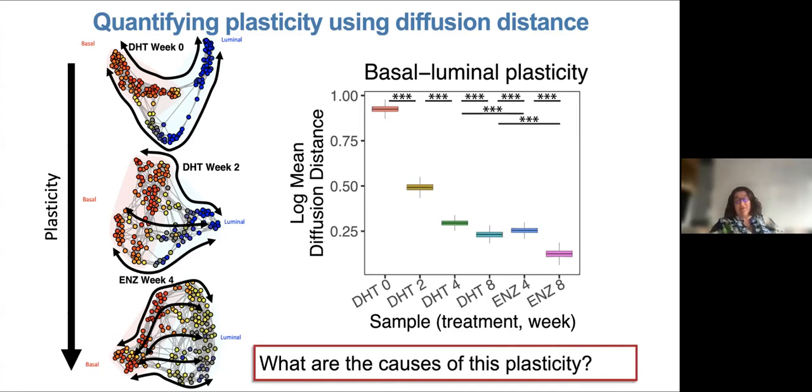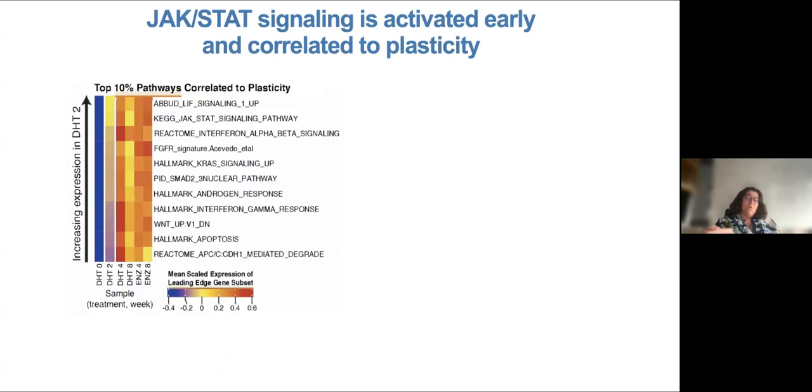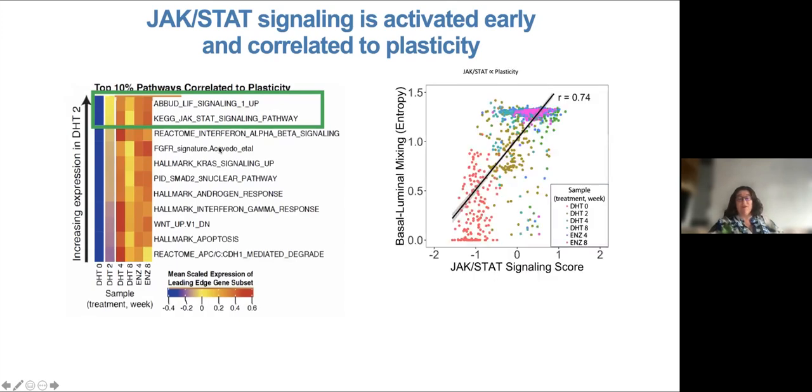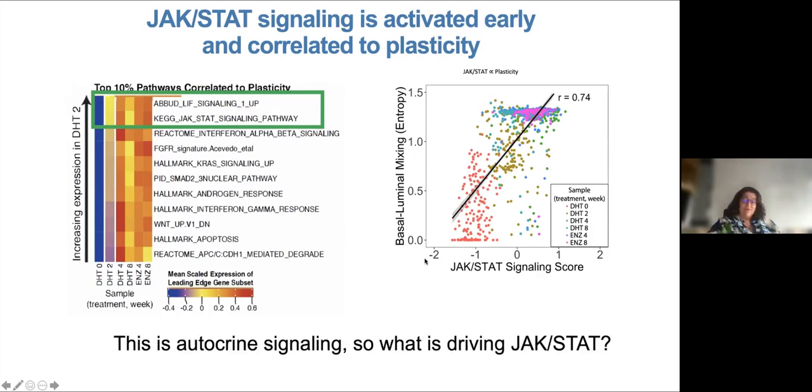Here it is really wonderful to have a full transcriptome so we could see what pathways correlate with cells that are highly plastic, that score high on the plasticity score. And we see LIF signaling and JAK-STAT signaling as the top 2 most enriched pathways, also based on what's most plastic at an early stage at week 2, because we saw that plasticity is induced at week 2. So we wanted things that go up at week 2. We also see, for example, FGFR going up very strongly. And here just to show you how JAK-STAT signaling is really highly correlated with this basal luminal mixing entropy score. And it's highly correlated with all these other scores as well.